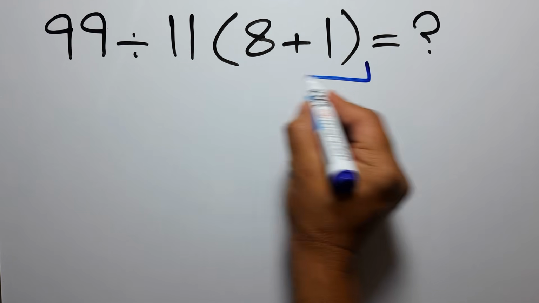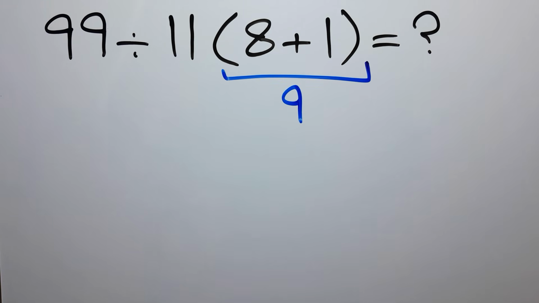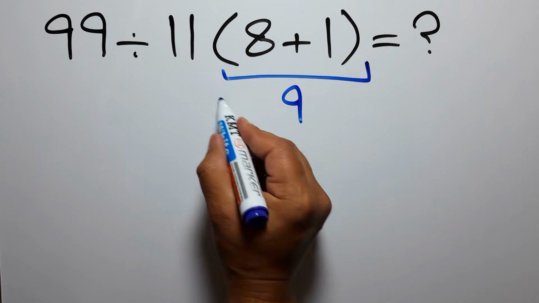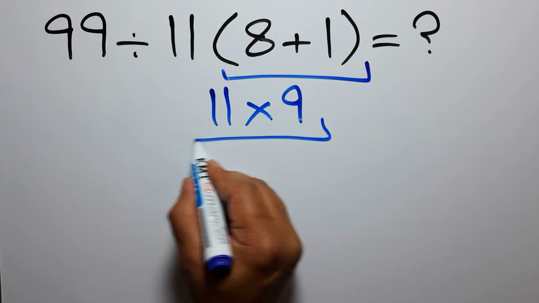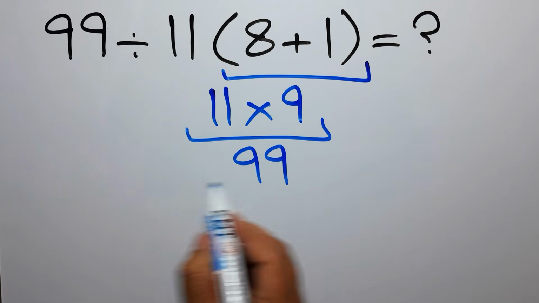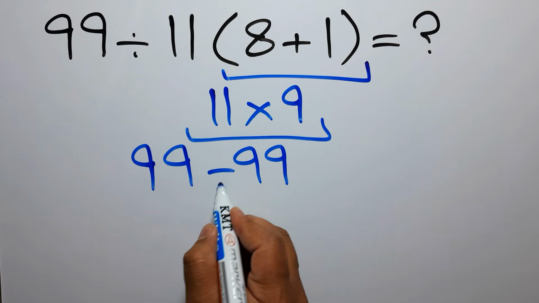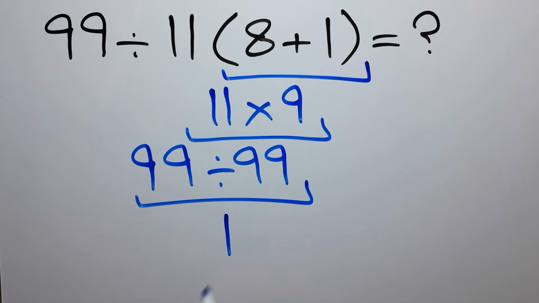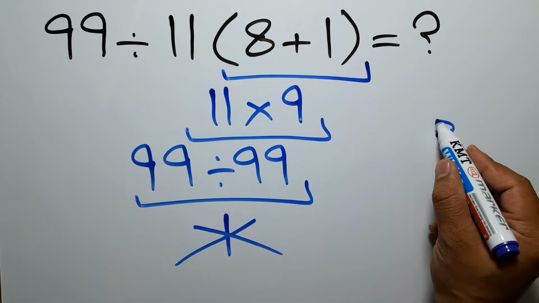8 plus 1 gives us 9. And 11 times 9 equals 99. So 99 divided by 99 is just 1. But this answer is not correct because according to the order of operations, which is PEMDAS,